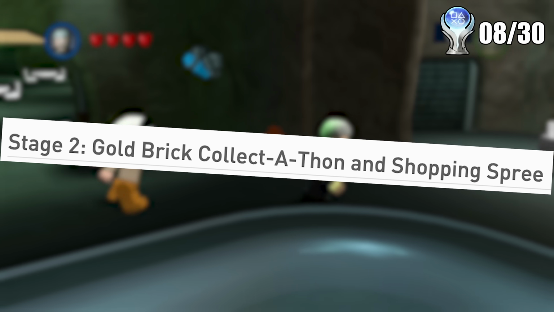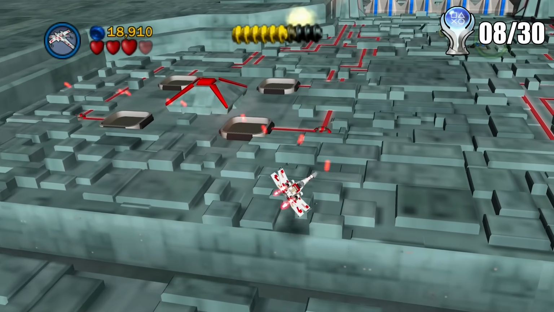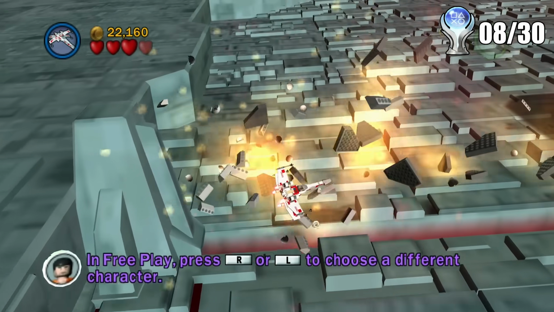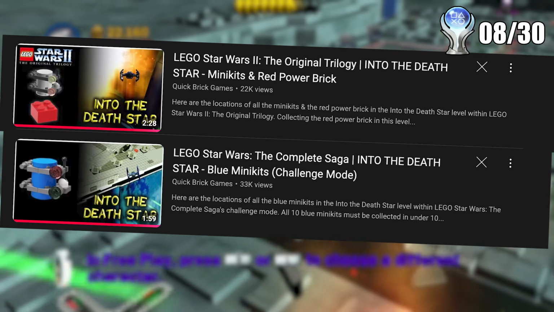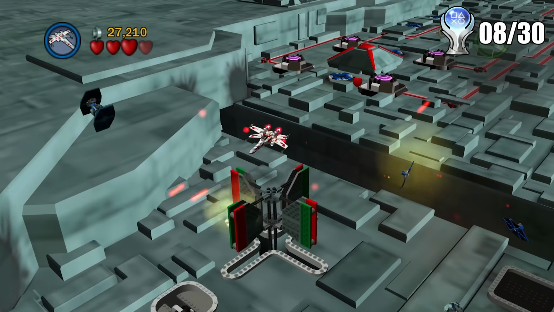This is the get all gold bricks stage, and I was also trying to still gather as many studs as I could, because that's the main grind of this game, just getting studs for the ending trophies. And I want to say a huge thank you and shout out to this small guide creator on YouTube that created an entire playlist for the gold bricks and mini kits of this game. There really wasn't much out there since the game is so old, but some lad did it,